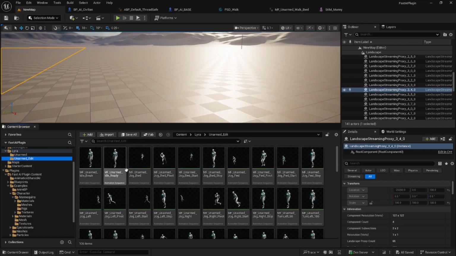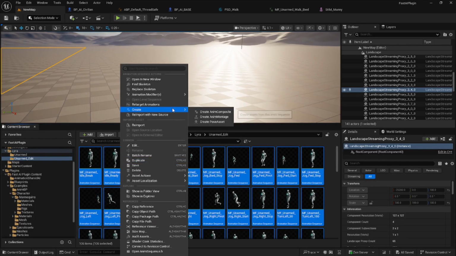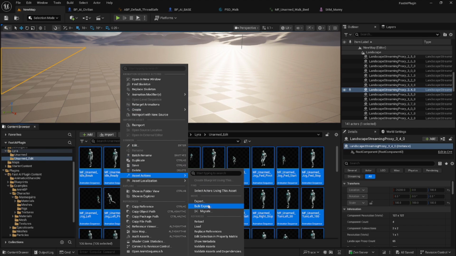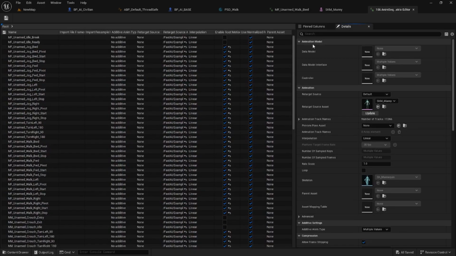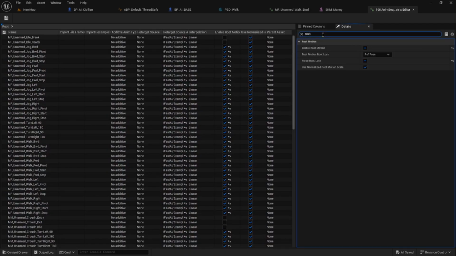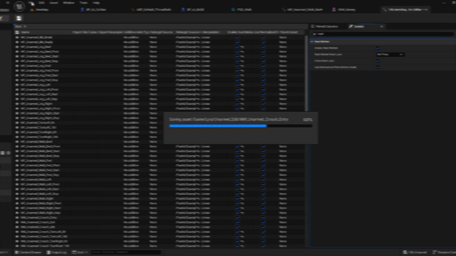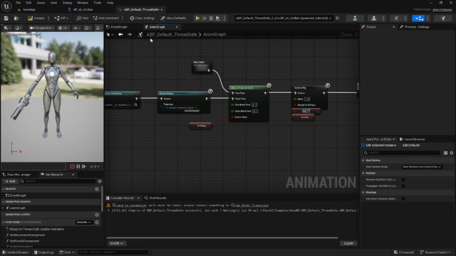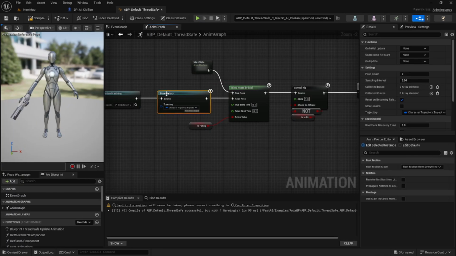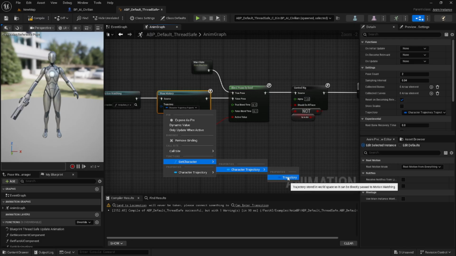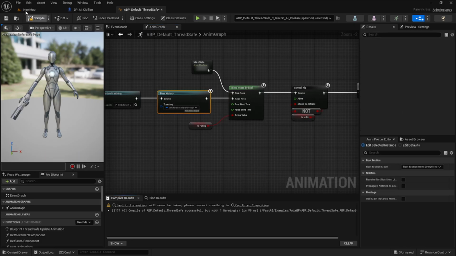Alright, let's go to all unarmed, select all, right click, asset action, bulk edit selection in property matrix. Make sure we enable root motion for all and force root lock. Save. Go to your anim blueprint and go to anim graph, select pose history. Instead of choosing character trajectory, you're going to go to get character trajectory, and trajectory. Now compile, save,